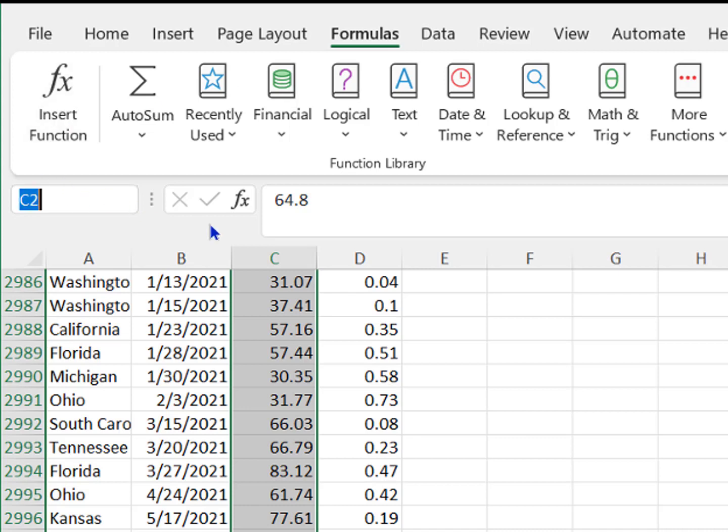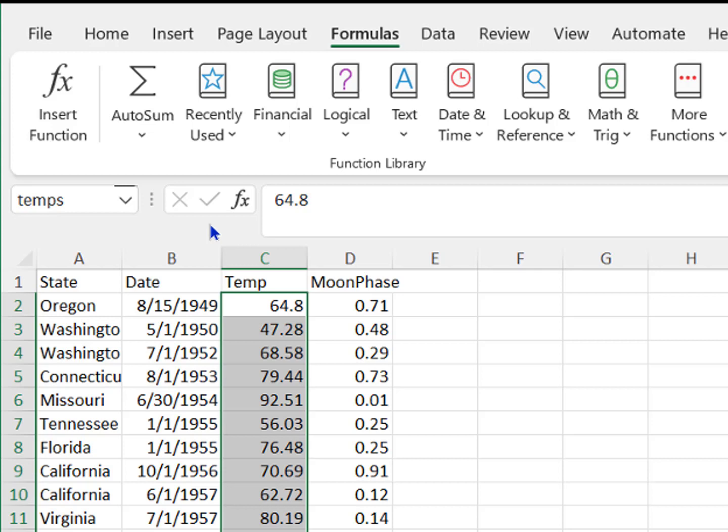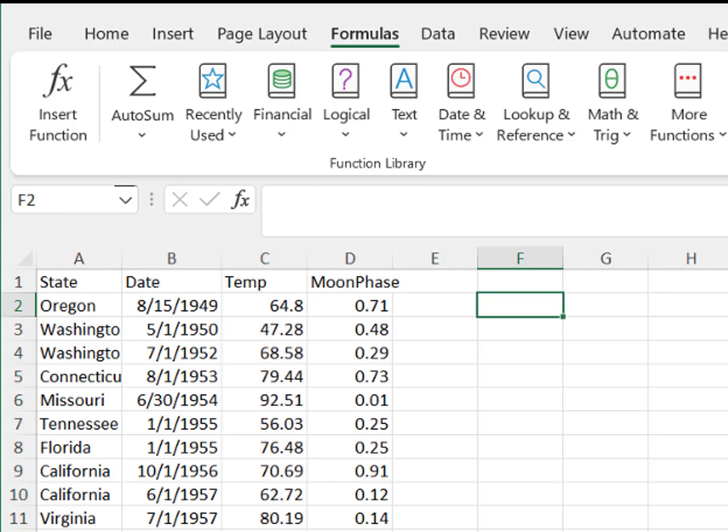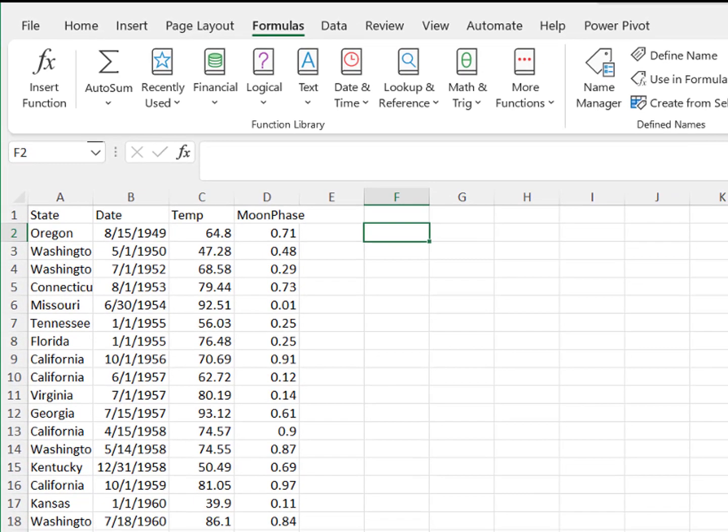I'm going to give those things a name. I'm going to call those temps. So now whenever I refer to temps, that's just this range of data right here. So in order to come up with a frequency distribution, and in particular those classes, I need to know, well,